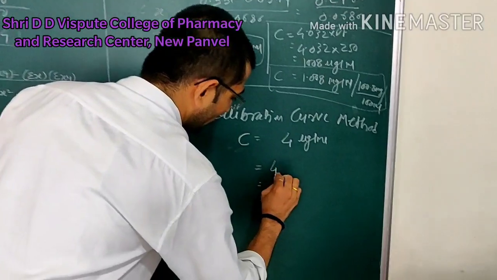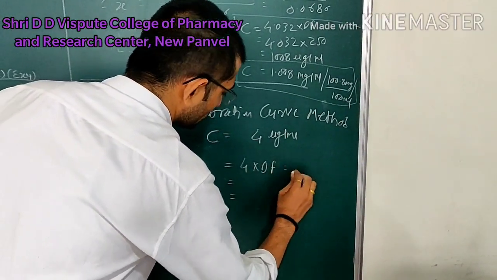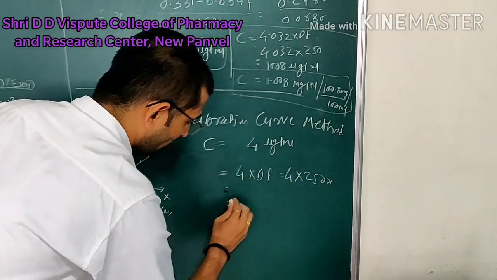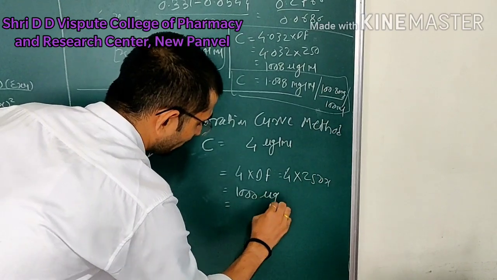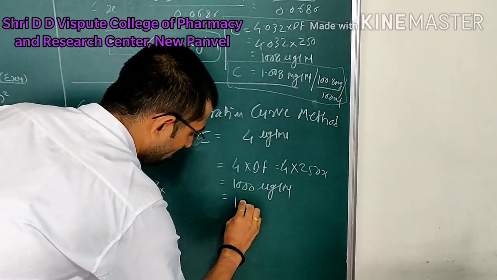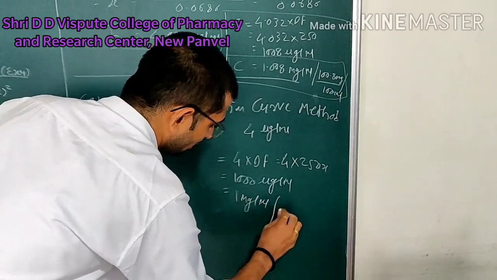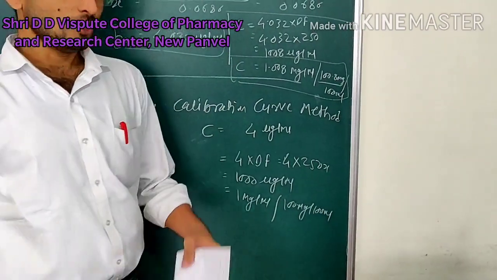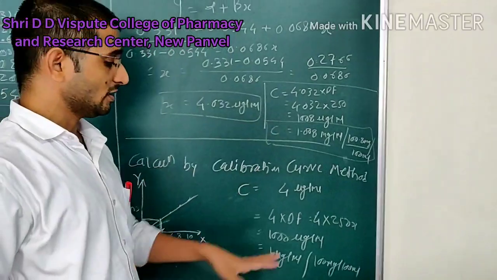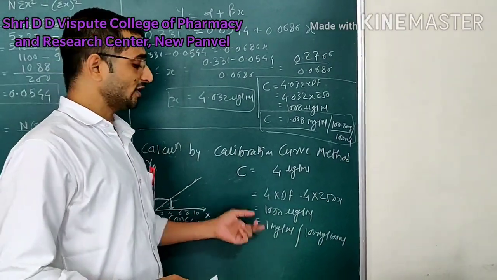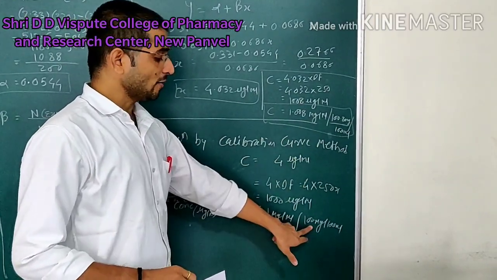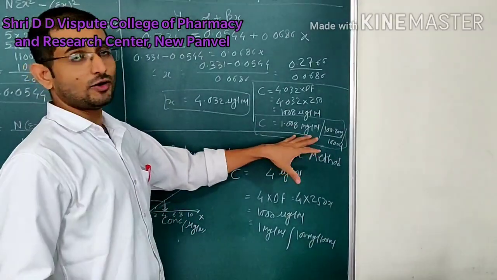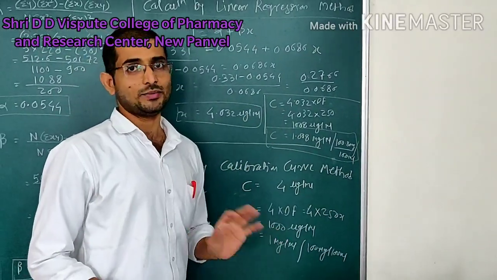So, multiply by the dilution factor, 4 into 250. So, quantity is 1000 microgram per ml. So, in milligram it is 1 milligram per ml or 100 milligram in 100 ml. In the question paper or in your examination, sometimes you may need to report the result in mg per 100 ml. At that time you convert the quantity into mg per 100 ml also. So, as per the requirement, you can write down your result or the report of the examiner. Thank you.